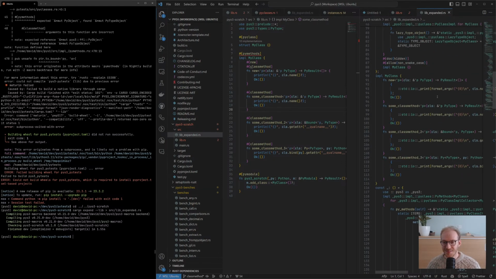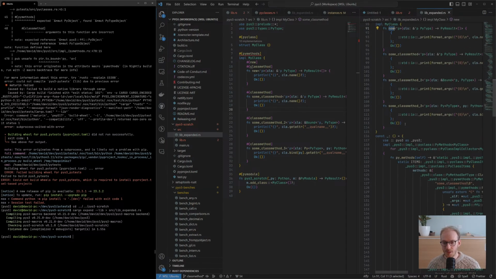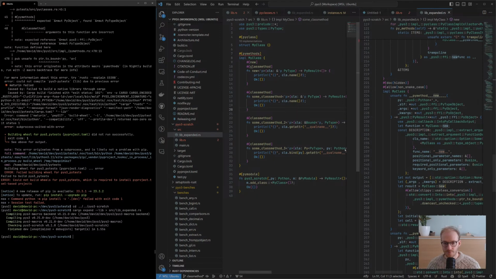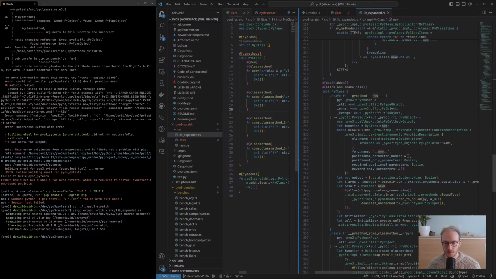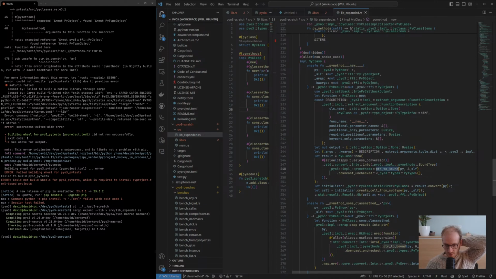Where are we looking? So we are looking at the one called new. Here we are. And this is what must be being called. And in that case, it looks like actually it's already coming through from Python as a PyType object. So I'd written this downcast unchecked where I was doing it after, and before, if you remember, the code had the cast here, and interestingly, that seems to be